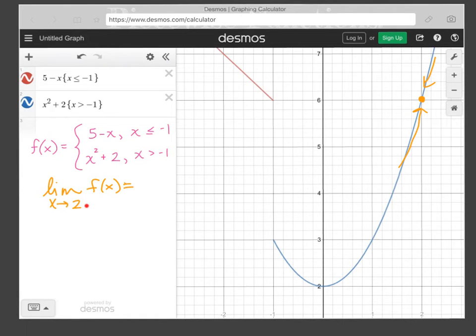So for the limit as x approaches 2, all we need to do is direct substitution for when x is 2. And when we plug it in, 2 squared plus 2, 4 plus 2 is 6. We can see that the coordinate point 2, 6 is here, and that happens to end up being the limit as well, 6. However, if we were to look at the point of interest, which is when x is -1,